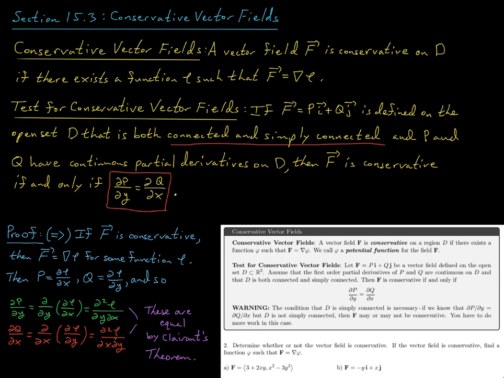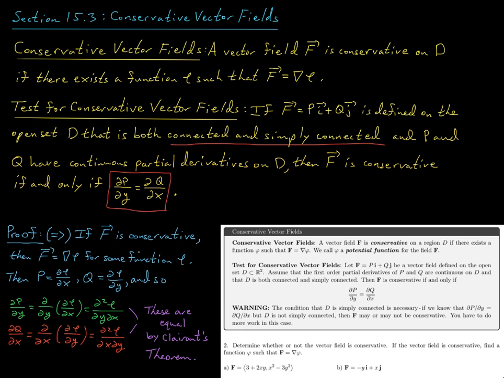We know under certain nice conditions, which are being satisfied here, Clairaut's theorem says that these two mixed second order partial derivatives are equal. So in other words, partial p partial y must equal partial q partial x